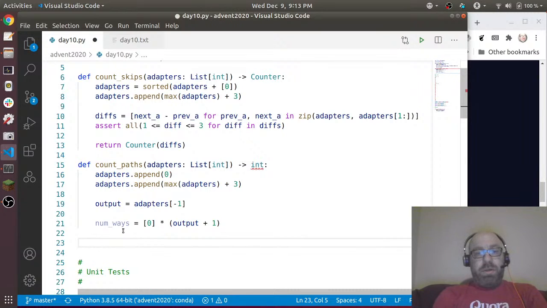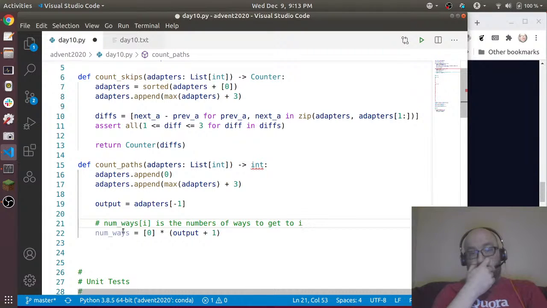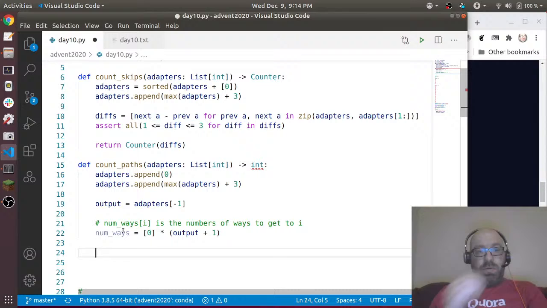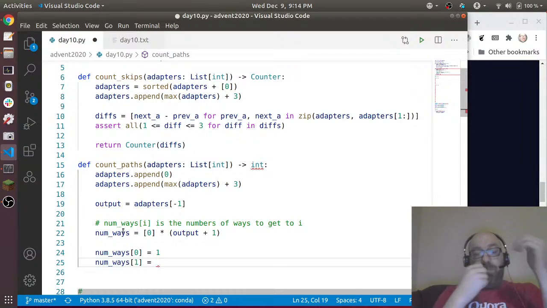Okay, so basically, num_ways[i] is the number of ways to get to i. Okay. And what do I want to do? So num_ways[0] equals 1 because we know we always start there. Num_ways[1] equals